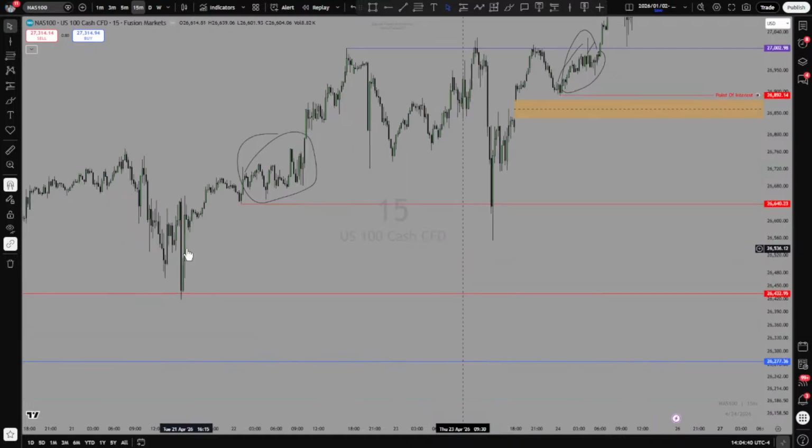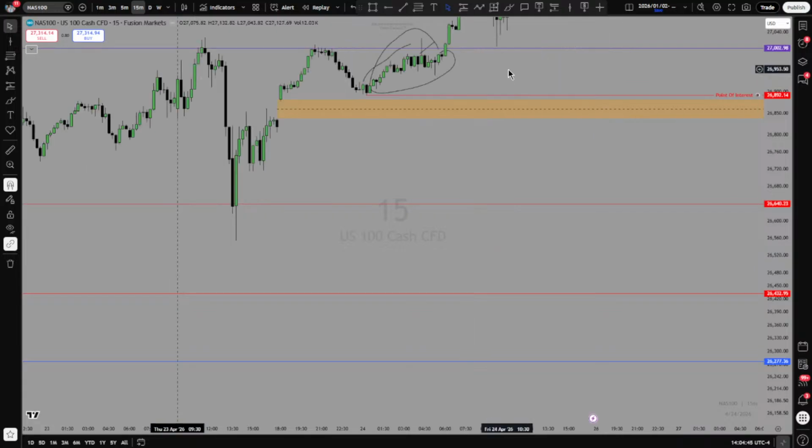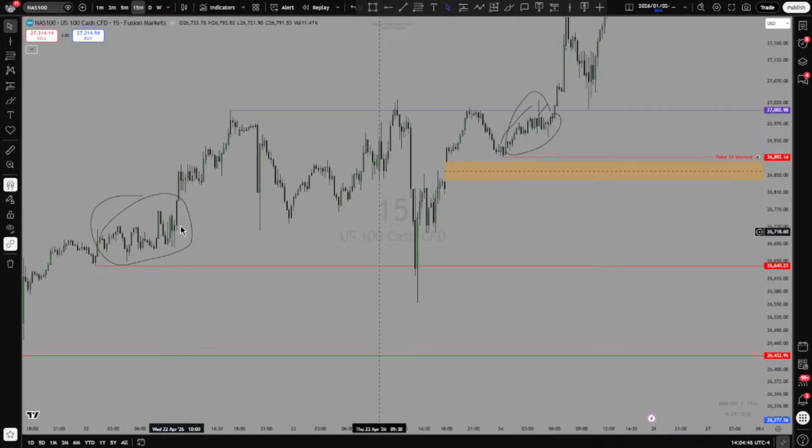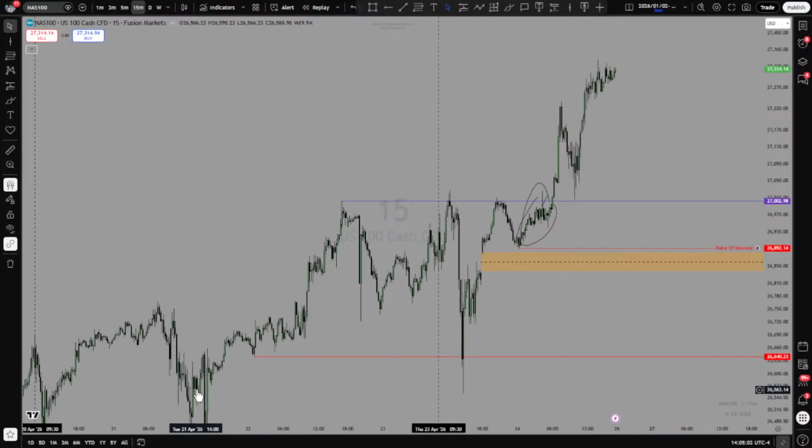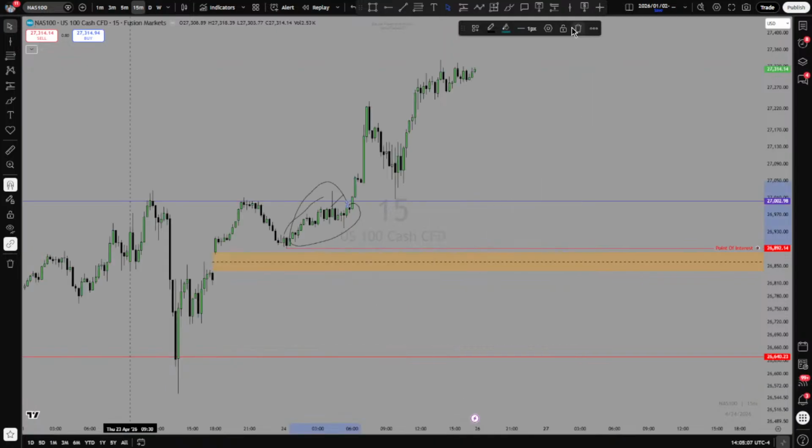As you can see, there's a favorable gap here, which was respected, by the way. It made a lot of sense for the price to come here, because it had a lot of unfinished business there. As you guys can see, there's a lot of unfinished business in here. It's almost the same thing as this one, but because it's a new day, there are different events and all that.